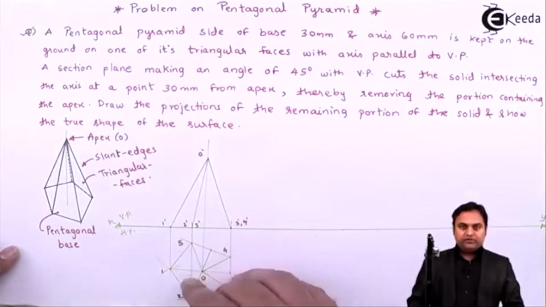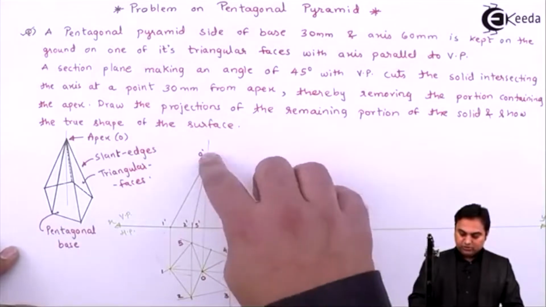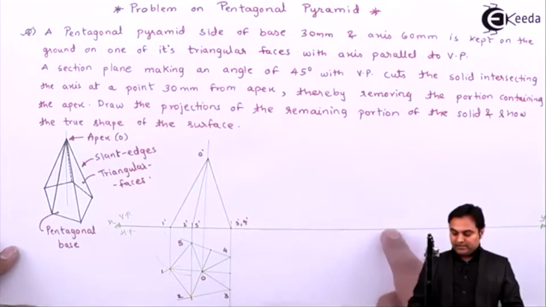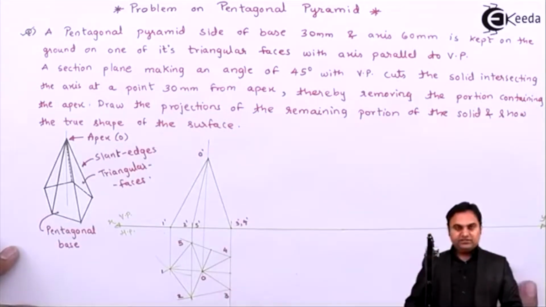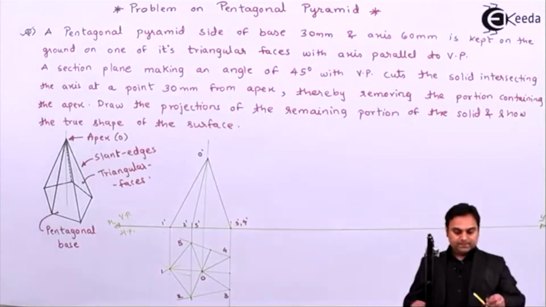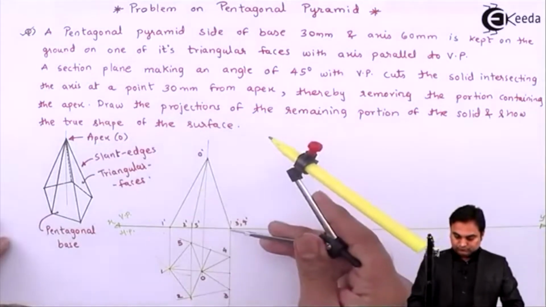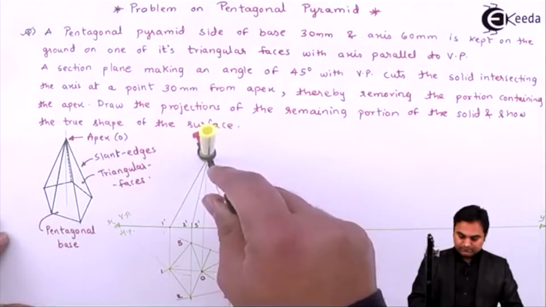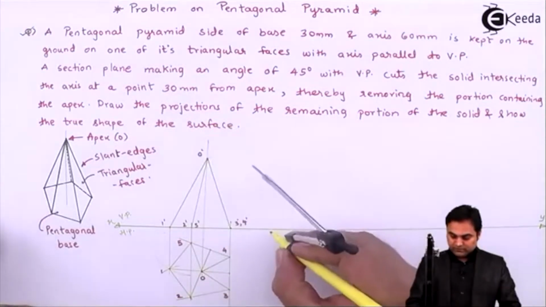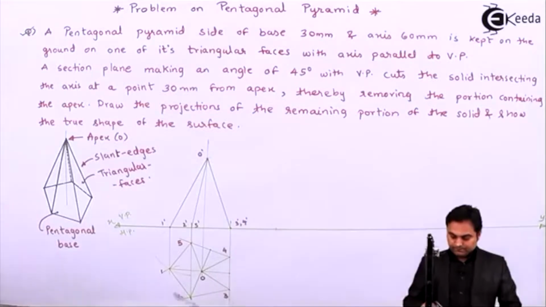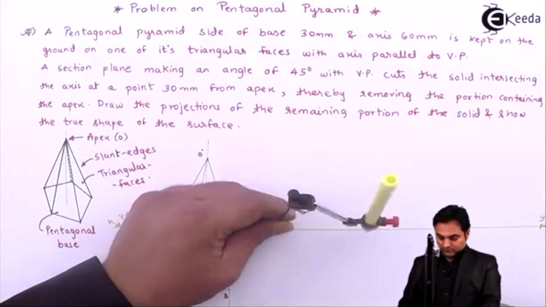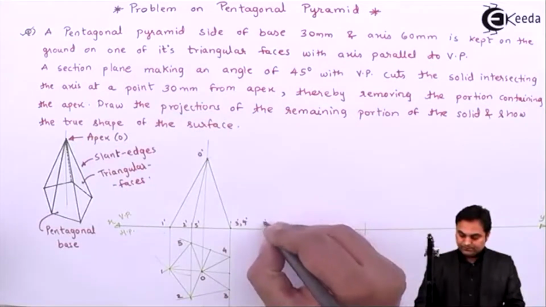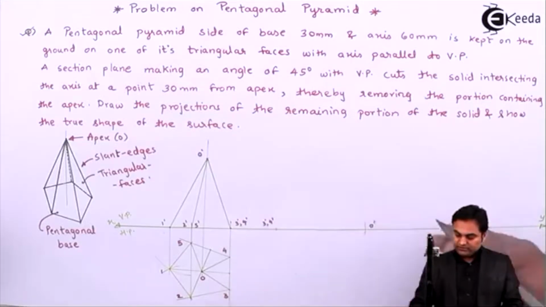Here this triangular face O34 is a line, the slant edge O dash 3 dash 4 dash. So if I make this slant edge parallel with XY or in line with XY, then this triangular face will be resting in HP. So for that, I'll measure this slant edge, keeping a point here, cutting an arc. This is 3 dash, 4 dash. Here we have O dash.